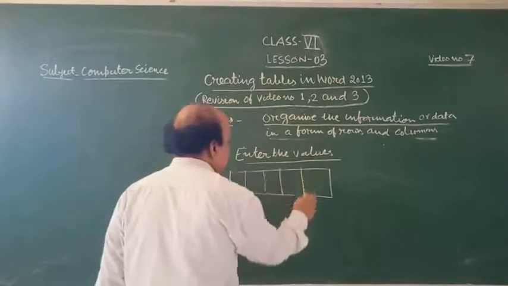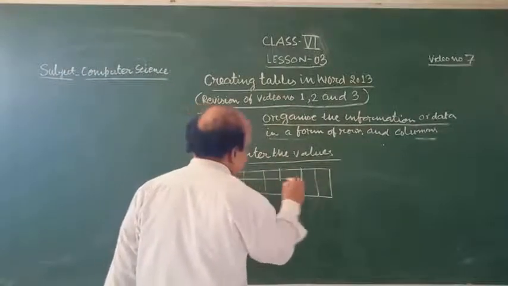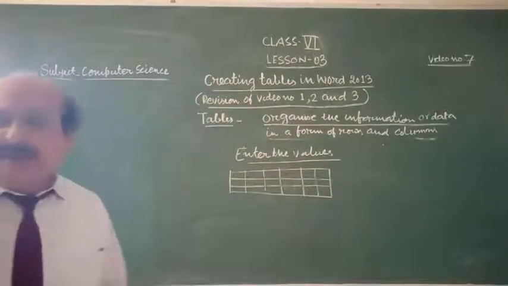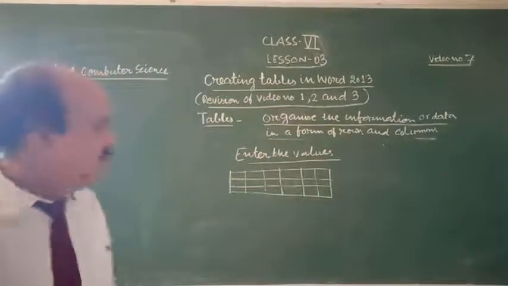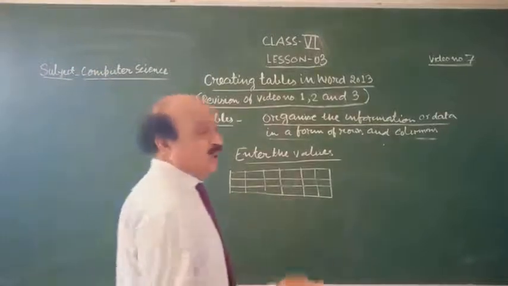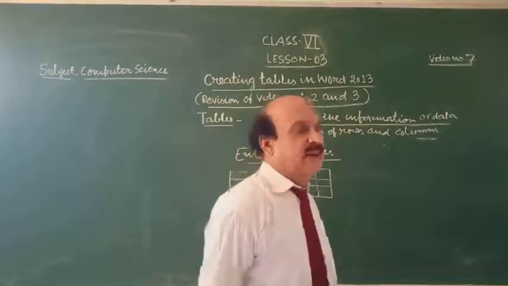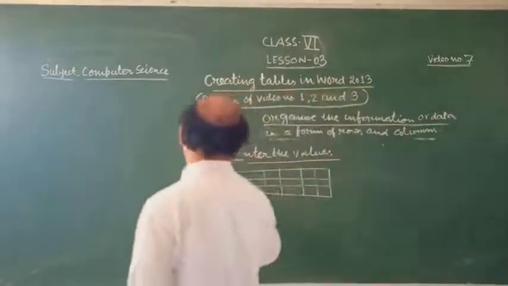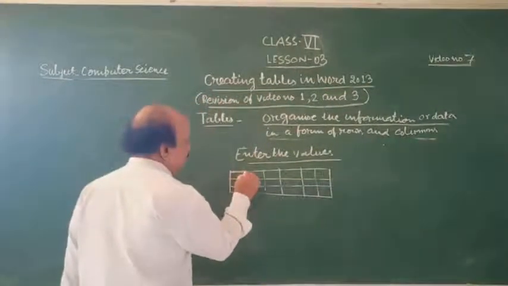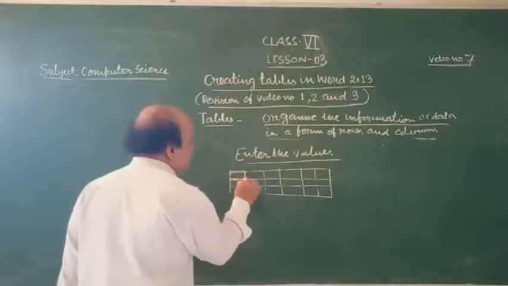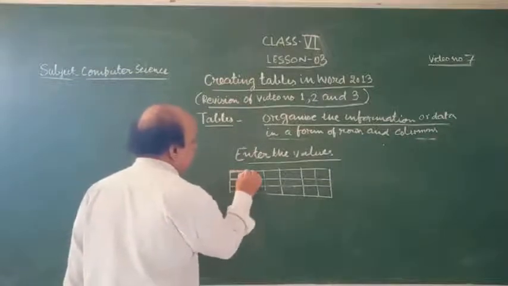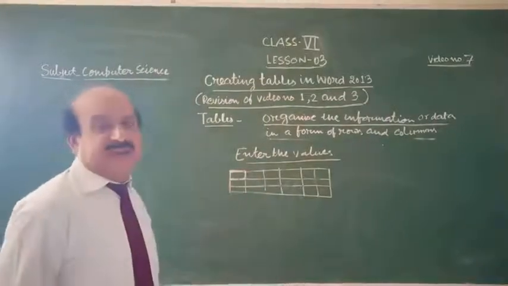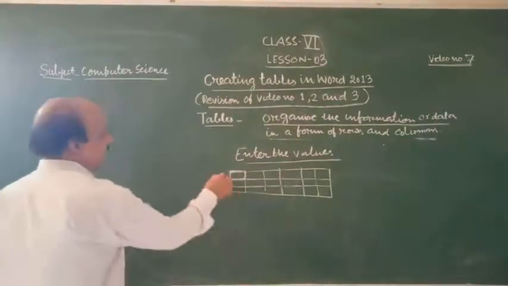Any table you can create with the help of the rows and columns. And in this one, you have to input the value. Any data you can input. So what you will do? You will move the mouse pointer on the particular cell where you have to input the data. So if you are putting the mouse pointer here and click on it, you will see that it becomes dark.